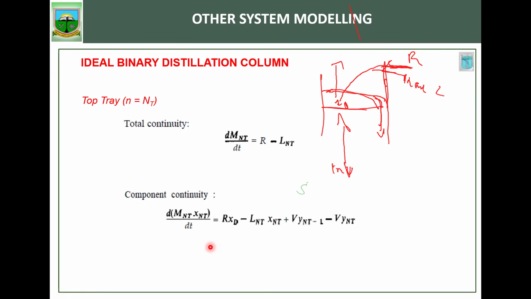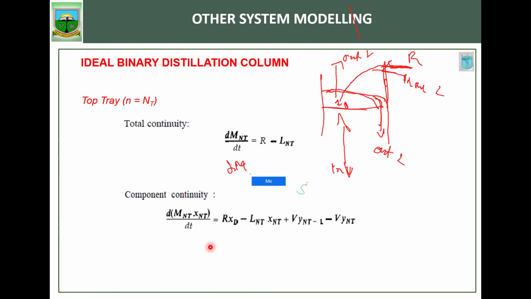Input liquid. This is an output liquid. This is output vapor. So that's how we do the component analysis for that. But for the total continuity equation on this tray, we're going to say that the amount of mass of the